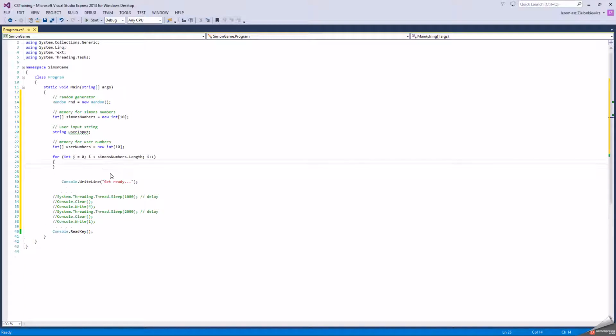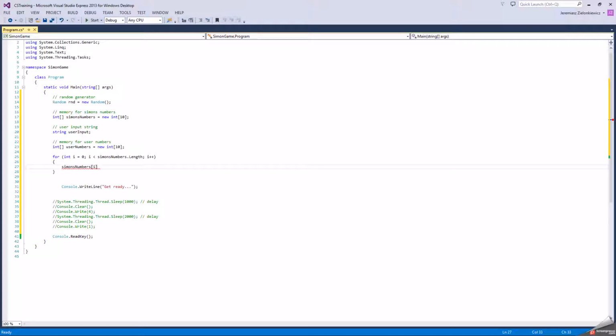Okay, very nice. What we want to do here is generate some random numbers at the position in the array where i is currently at. So first the 0th, and so on, until the 9th position, which is the 10th element. And that will be equal to rnd, and to generate random numbers, we use the Next function. I said I want numbers from 1 to 4. And remember, those random numbers were from 0 to some max value. But there are three